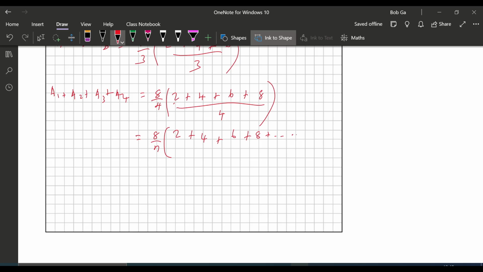Let me change the ink. All right, let's take black here. So this is term 1, term 2, term 3, term 4. No, this is term 3 and term 4. So we see that at each term